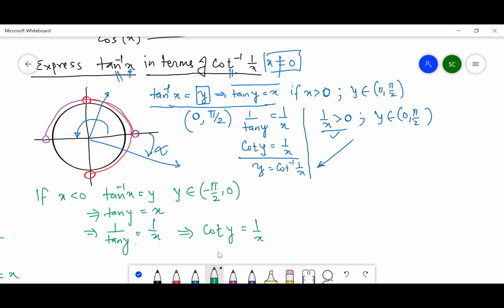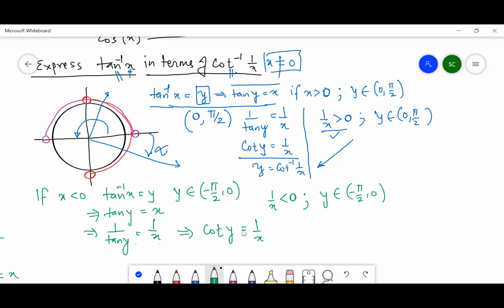Okay. Now at this point we will stop, and now it is time to take cot inverse, and therefore we might as well check. If I want to write down cot inverse of 1 upon x, then is 1 upon x acceptable to me? 1 upon x is of course less than 0, and y is between minus pi by 2 to 0. So practically I cannot take cot inverse